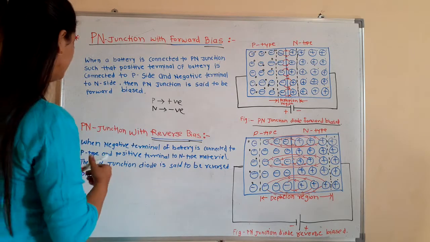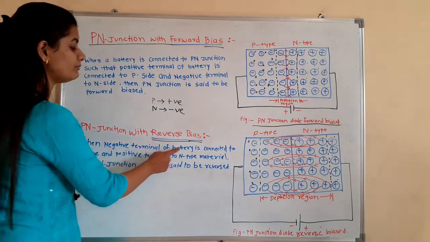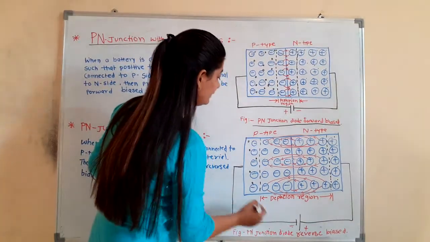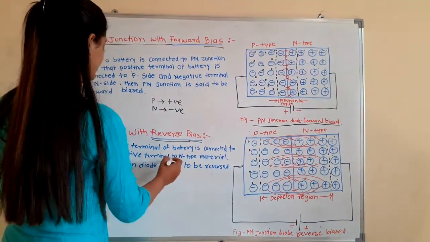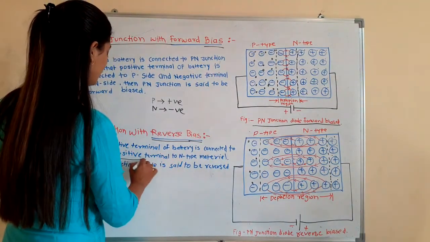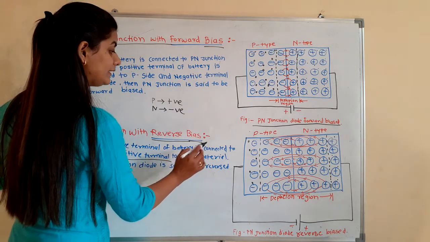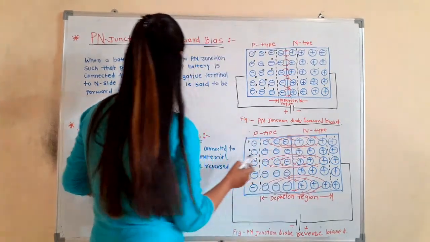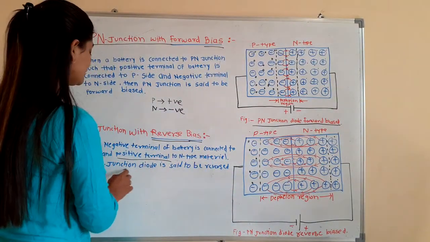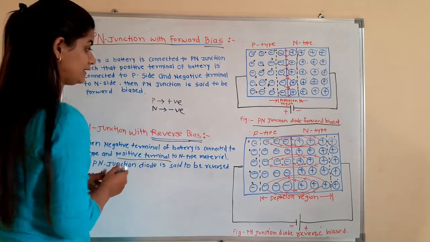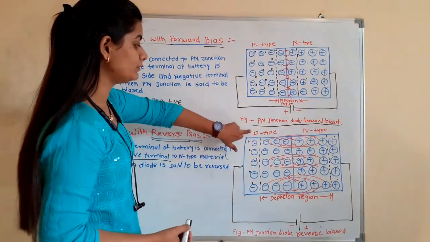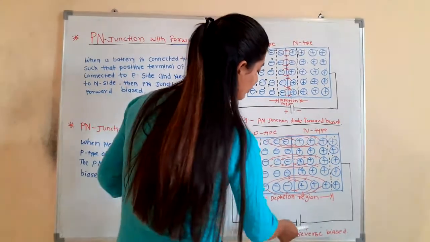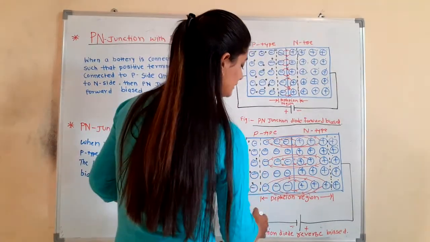reverse bias. When negative terminal of battery is connected to P type and positive terminal of battery to N type, positive terminal connect कहाँ पे हुआ, N type पे. So the PN junction diode is said to be reverse bias. जब भी P type जो है बैटरी के निगेटिव में कनेक्ट होगा और N टाइप जो है वो पॉजिटिव में कनेक्ट होगा, so this is said to be